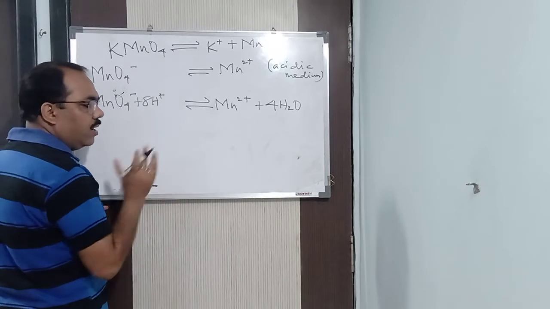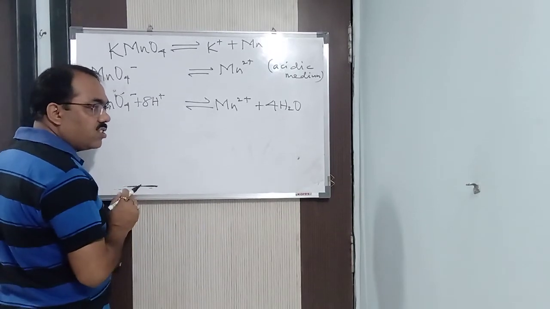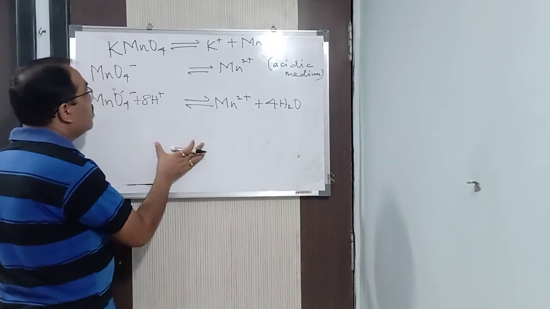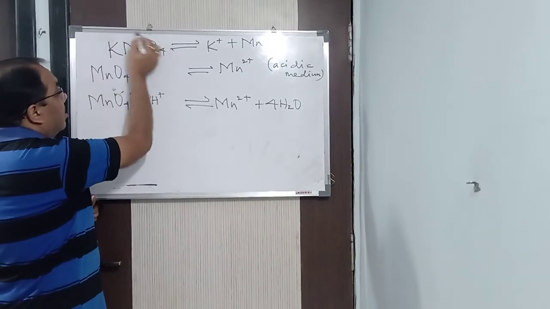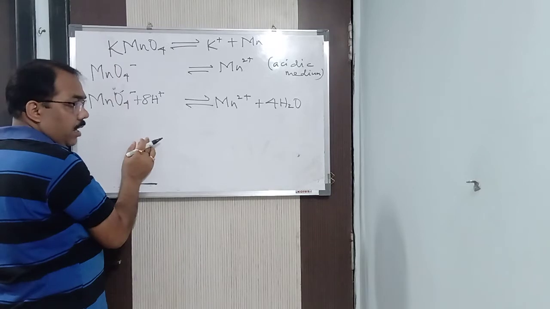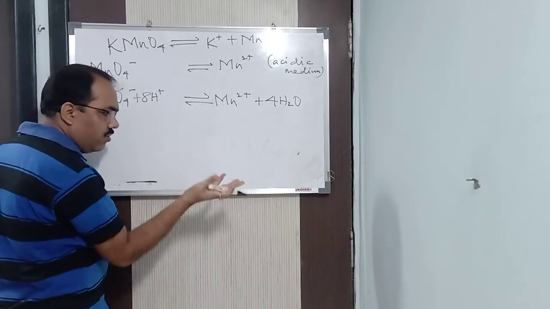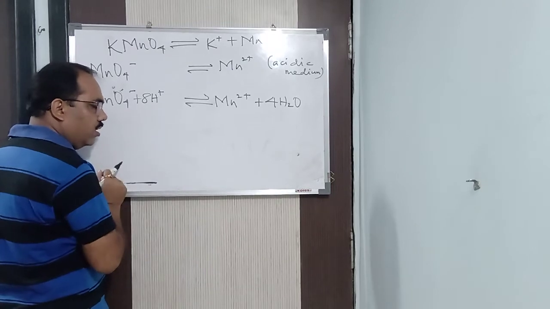Because what is the formula to calculate the equivalent weight of an oxidizing agent? If you remember, I told you: molecular weight of the oxidizing agent, this is the oxidizing agent, divided by the number of electrons lost or gained. So here the number of electrons gained is what I want. The number of electrons, that is the most important thing. So how will I get it?